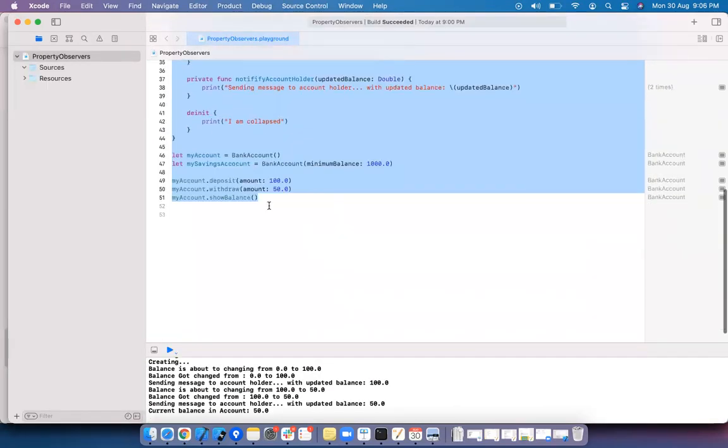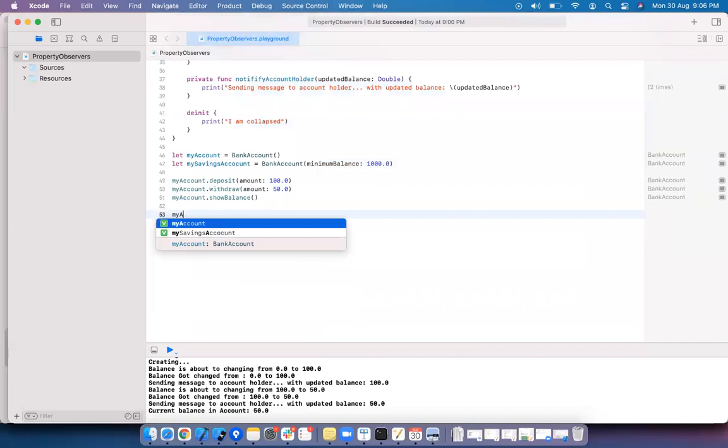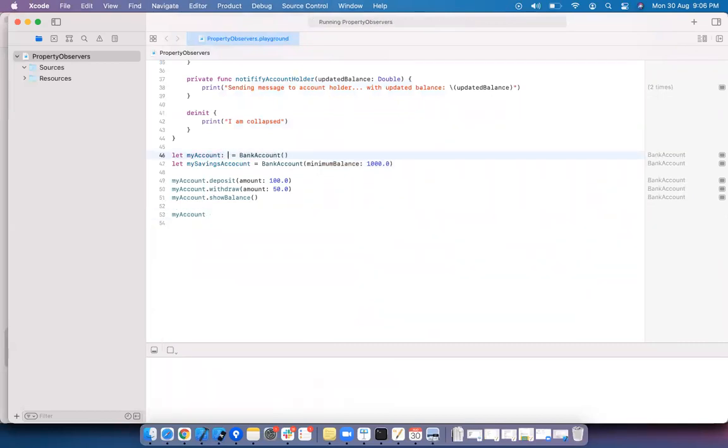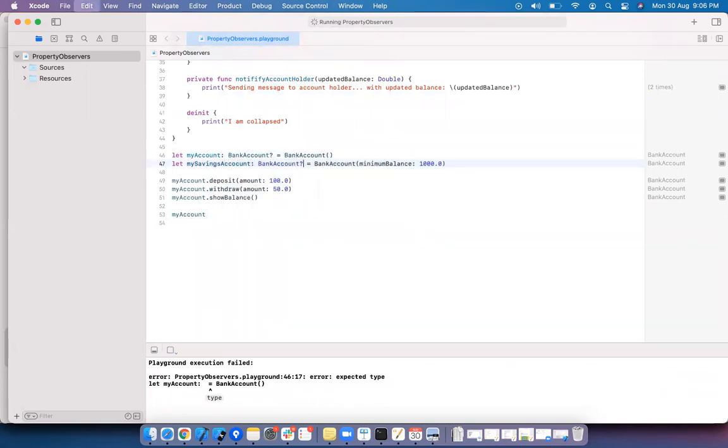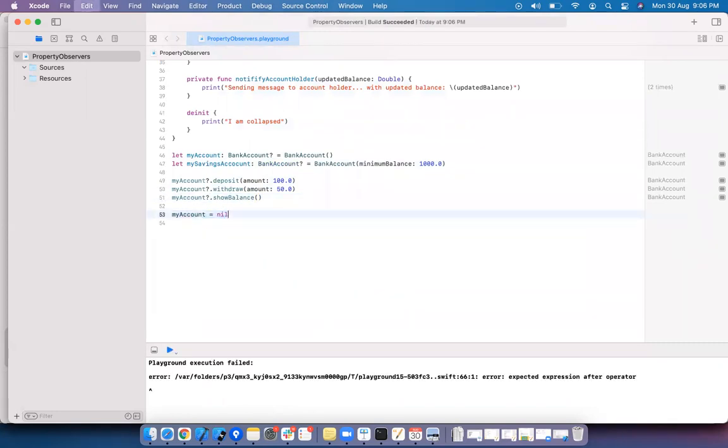Then my account, we need to use the property optionals, bank account. Similarly, bank account here, and I'm using a question mark here. This question mark is called optional chaining. Nil.